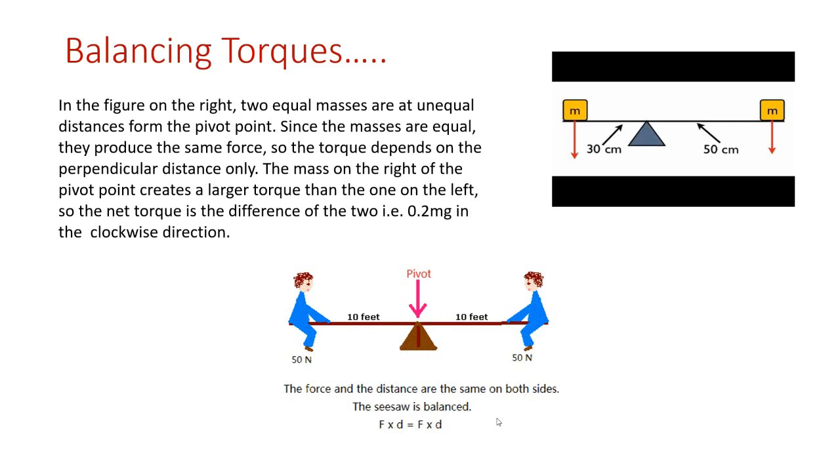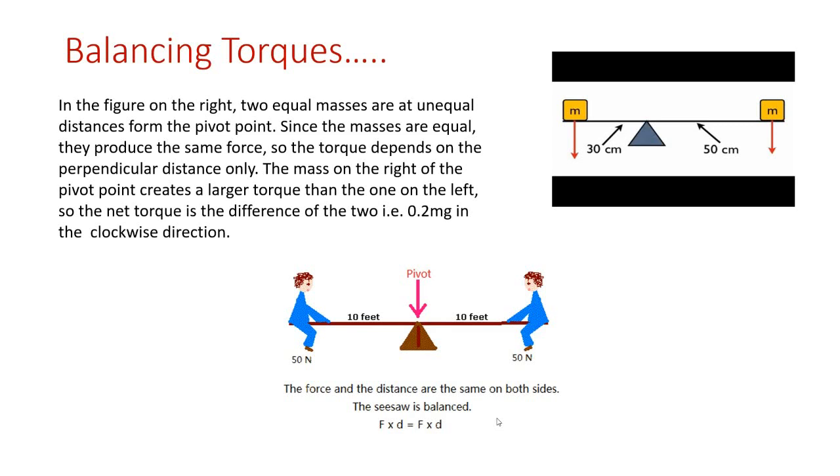But the force would be the same because the weights are the same. So the torque in this case will depend only on the distance from the pivot point. Whichever mass is at a larger distance will create a larger torque. So the one that lies at 50 centimeters from the pivot point creates a larger torque than the one which